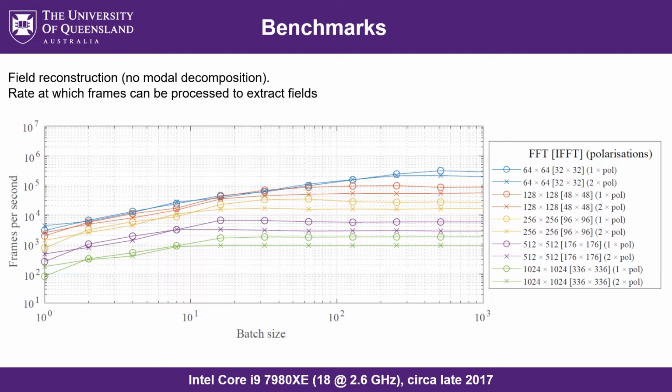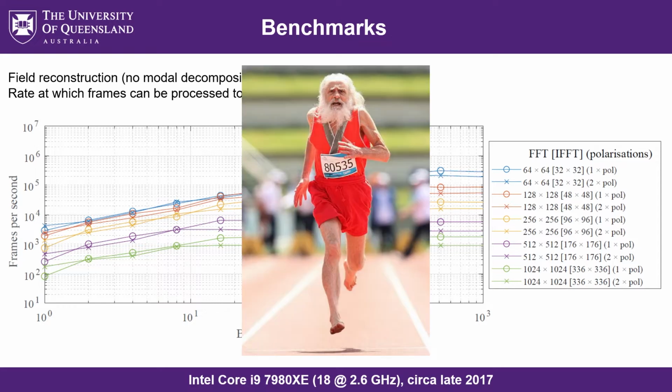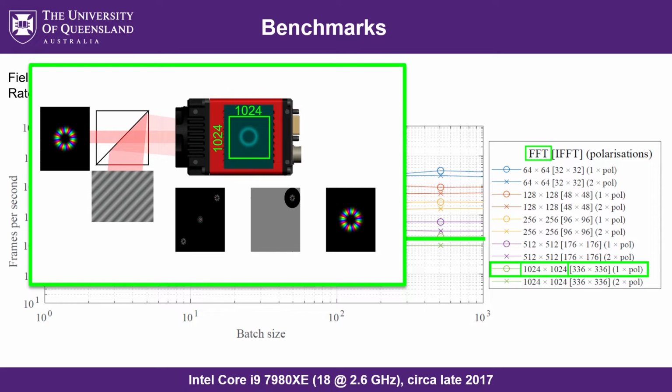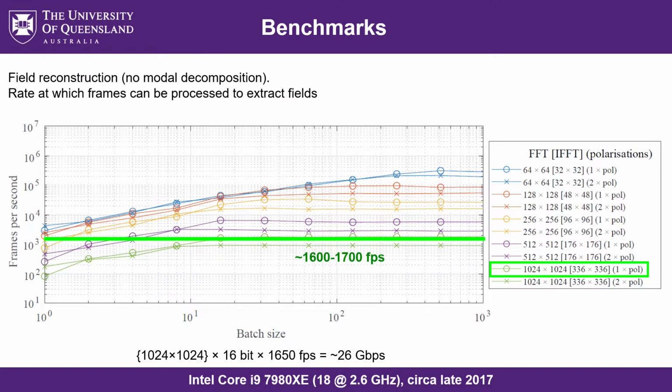This graph here illustrates how many frames per second can be processed using an Intel Core i9-7980XE CPU, which is or was a good high-end desktop CPU from late 2017. It's got 18 physical cores. And if we look at the green series on the plot, where we take a 1024 by 1024 section of a larger camera frame, process it, and return the corresponding 336 by 336 pixel reconstructed field, as long as you're processing at least as many frames as there are CPU cores, it can process about 1600